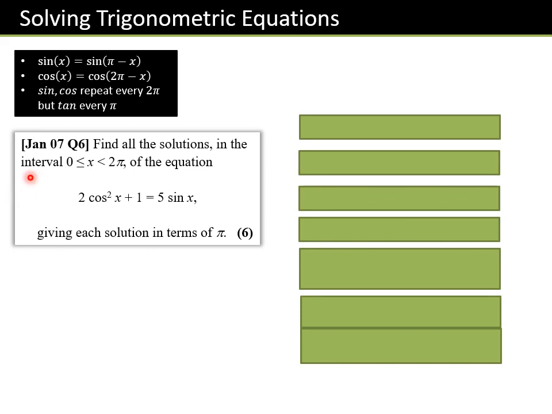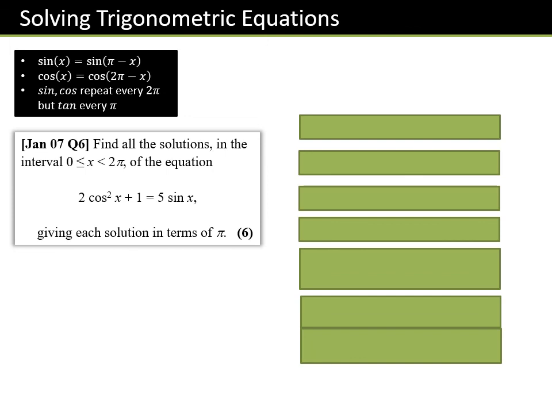Okay, next example here, we're asked to solve this trig equation. We know we're in radians because the interval is given as x between 0 and 2 pi, and we're asked to give each solution in terms of pi, so we want exact values here. So first step